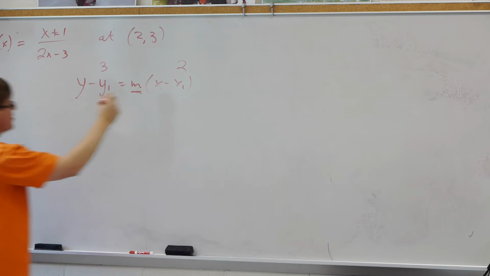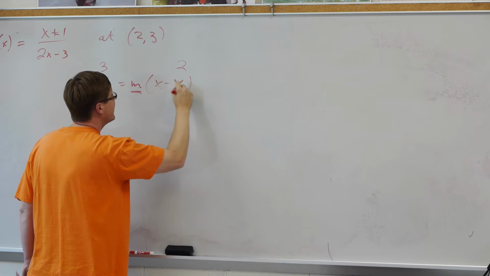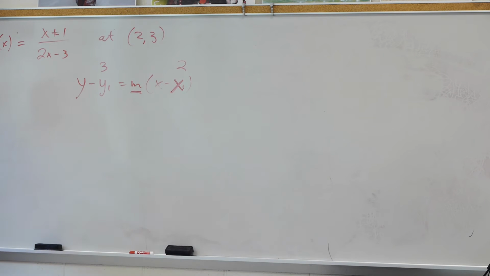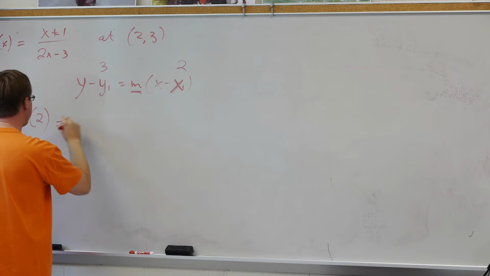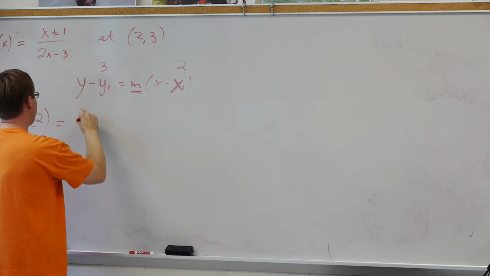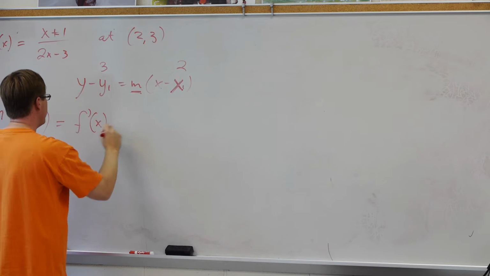Oh, that is an x. It's not very neat. Thank you. But m is just the derivative, right? So if I just find f prime and plug in the x value, m is f prime of 2, because that's the x value where I'm taking the derivative. So I just need to find f prime. So f prime is